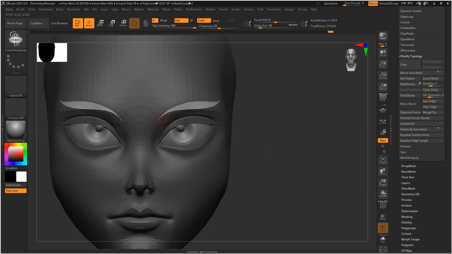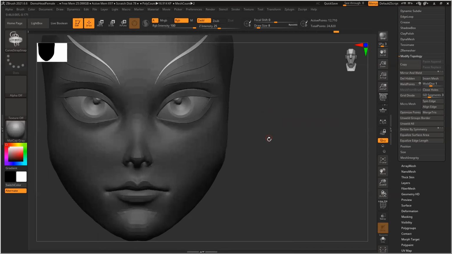Now there's one more shape, and there's one more shape. This is a little wide. Make it a little narrow. Okay, now we have